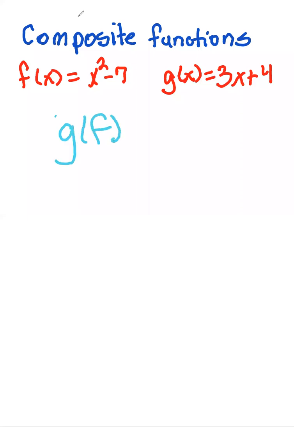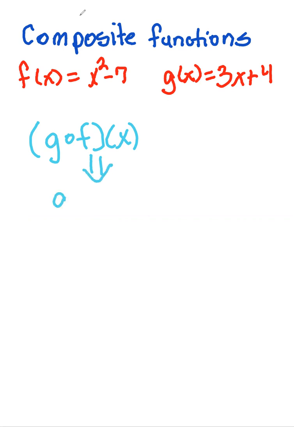g of f. Let's write it in a slightly different format this time. If I had that particular notation, this is going to mean the same thing as g of f of x. Okay, so that's what that means. So if I wanted g of f of x,